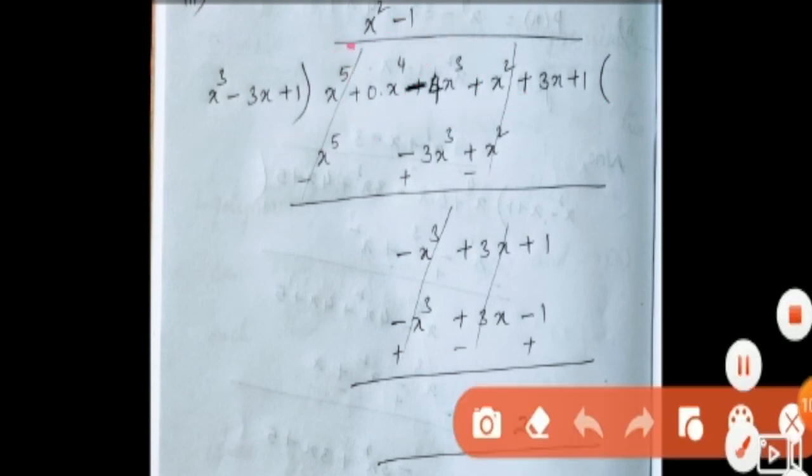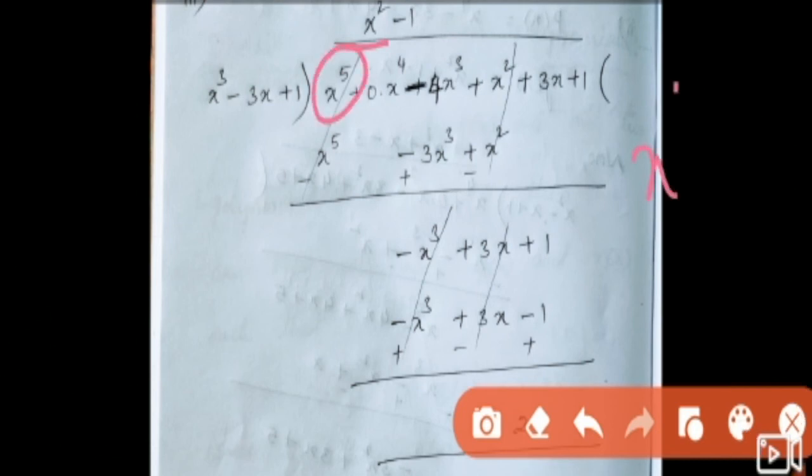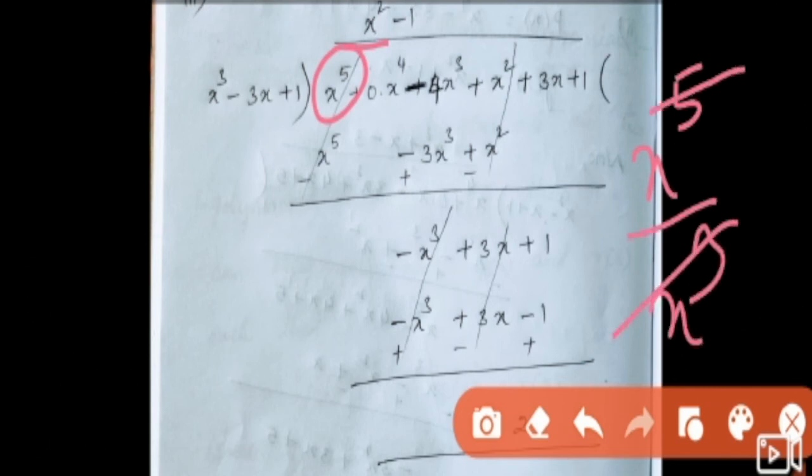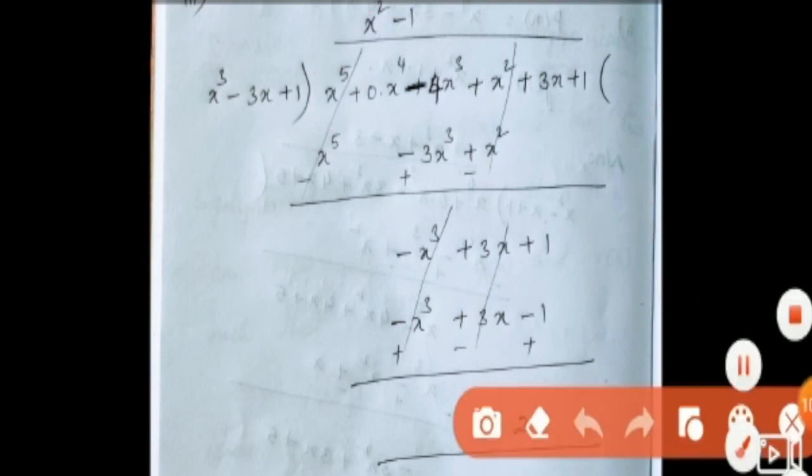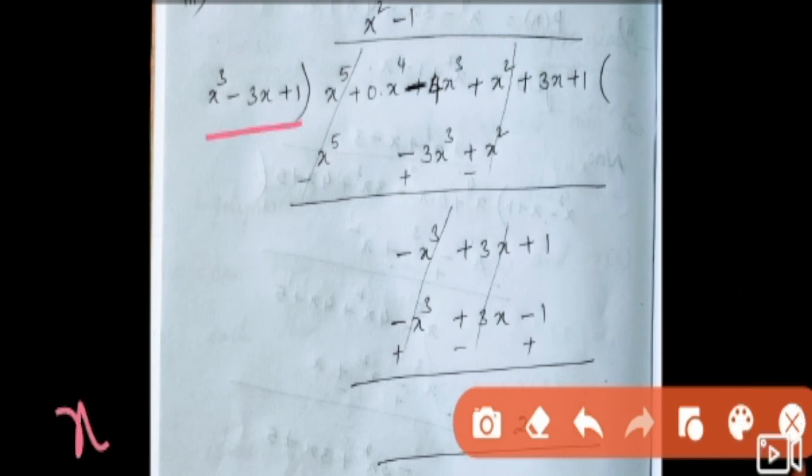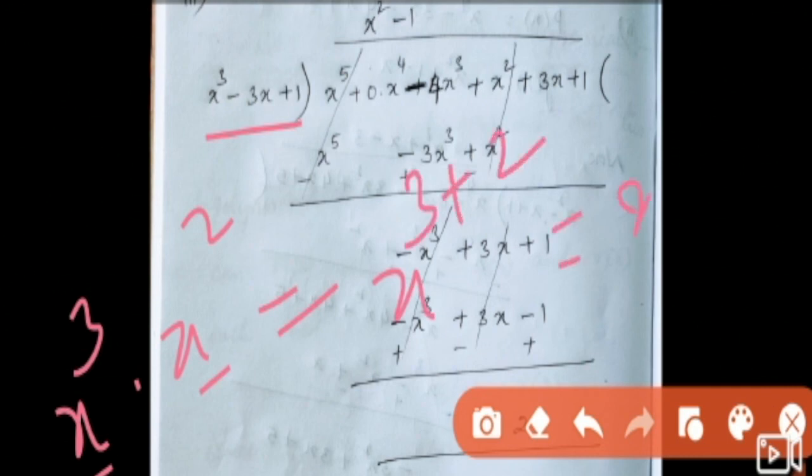Next, here to obtain the quotient, in the dividend, what is that? x to the power of 5. The divisor term is x cube. So three terms from this 5, after the cancellation of three terms, remaining two terms. So that is x square. Okay, so now x square you can multiply with the three terms. So x square into x cube, so x to the power of 5. Why is it x cube into x square? See here, when the bases are equal, powers should be added. So 3 plus 2 is equal to x to the power of 5. So that one only we copied here.